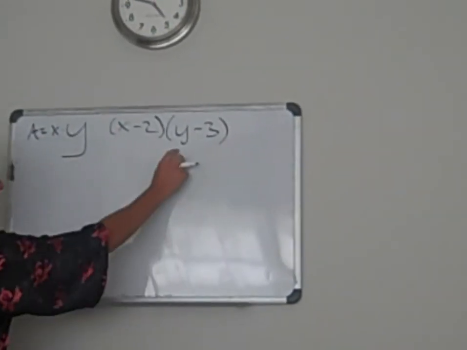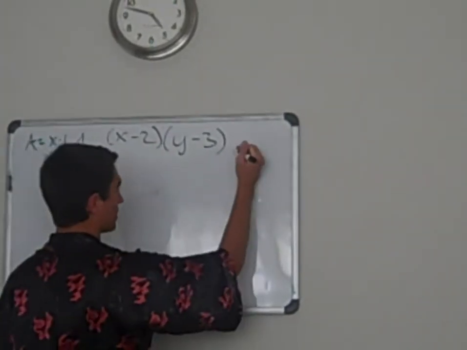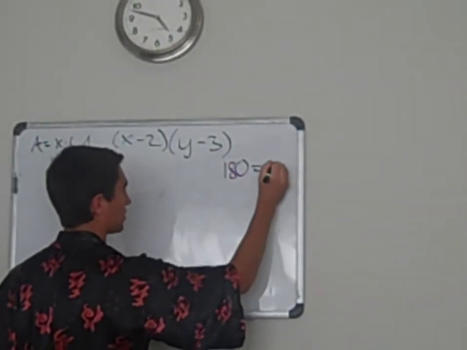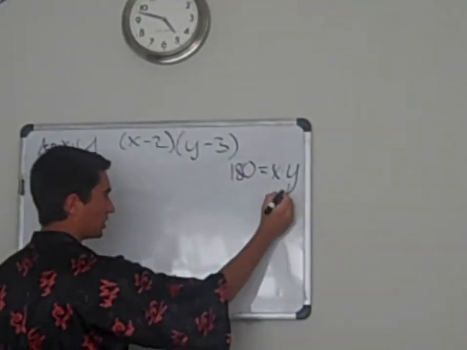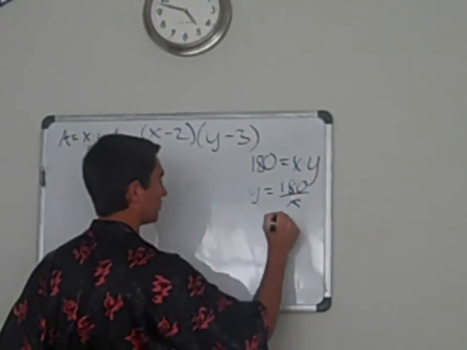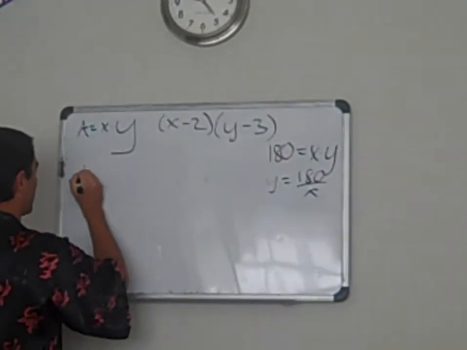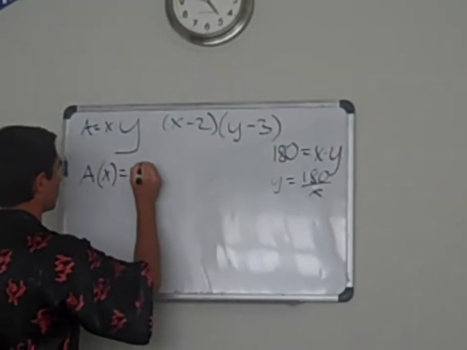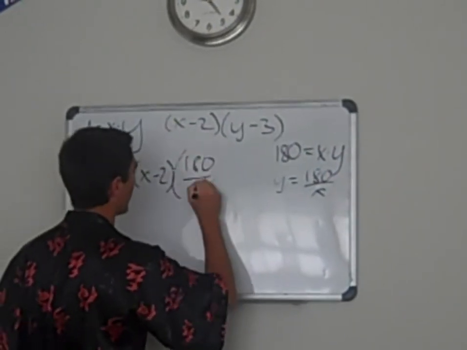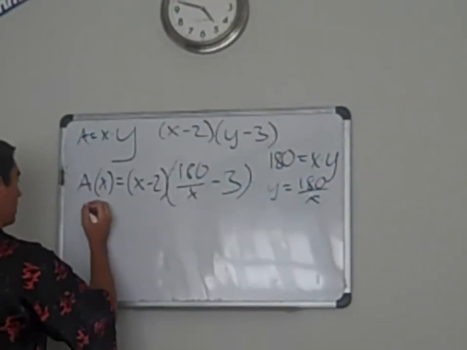And so we're going to solve for y here. Since x times y equals 180, we're going to set y equal to 180 over x. So we plug y in. It's going to be A of x equals x minus 2 times 180 over x minus 3. And now we're going to multiply this out, and you get A of x equals